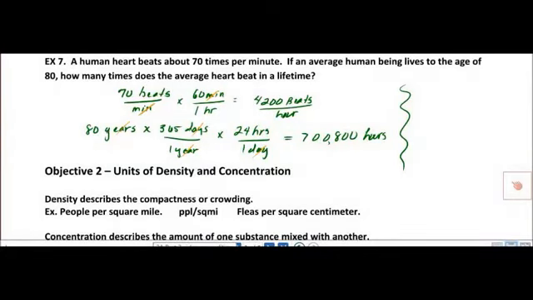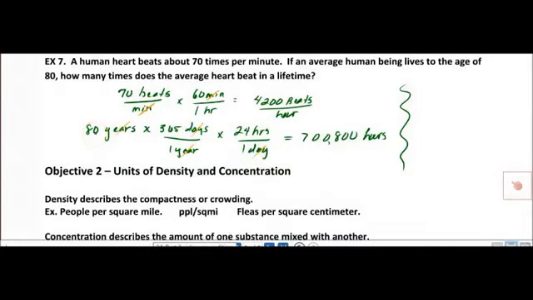So every hour your heart beats approximately 4,200 beats. 4,200 beats in an hour. So I took that and I sat on that for a minute and I looked at, okay, if